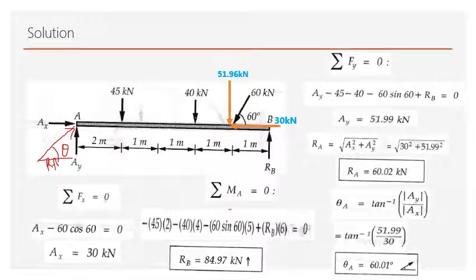Then find the total reactions wherever you get the two reactions, that is at the hinged support, and find the angle of inclination too. Okay, so this is how we analyze the beams to find out the unknown support reactions. Hope you have understood. So let's solve some more problems.